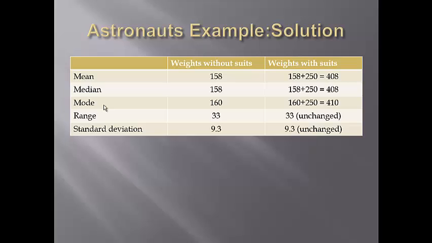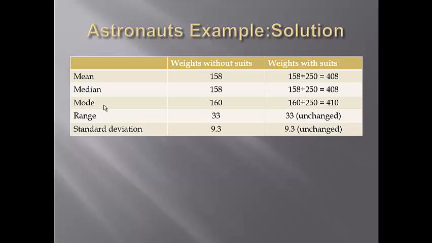If you use your calculator to find these values by using 1-Var Stats, it's easy to find. Then after you find your mean, median, mode, range, and standard deviation values, what we have to do is add the 250, which is our constant. So adding a constant to the mean, median, mode will change the values, but the values of the range and standard deviation will be unchanged. So measures of center will change if we add a constant, but measures of dispersion will not change if we add a constant. So we add the 250 to the mean, the median, the mode values,